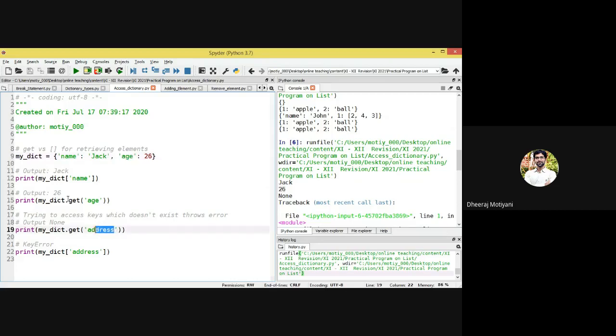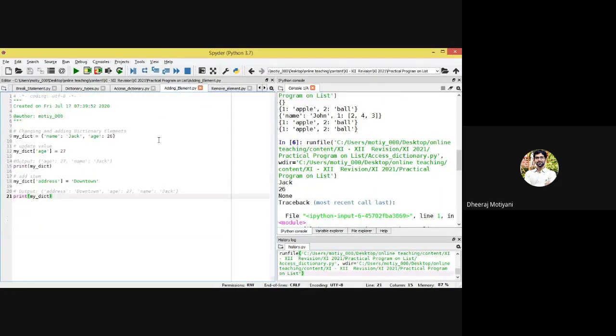So you can use get function also to get the values, and also you can pass the keys in the square brackets, and you will get the respective values. Now moving to adding the elements. Okay, so this is adding an element into your dictionary.